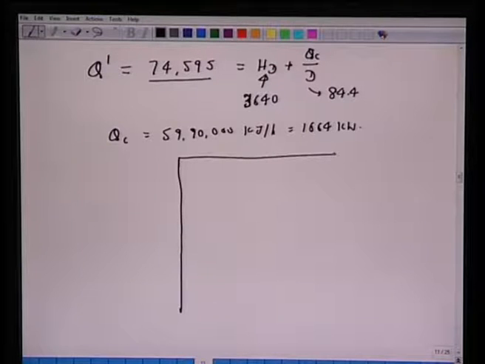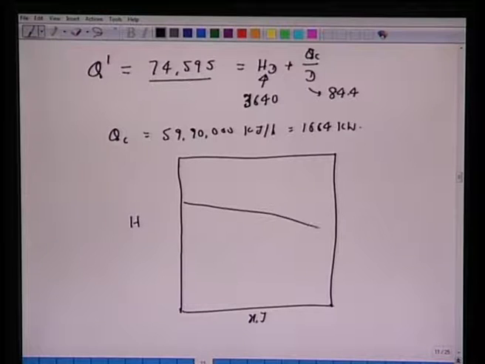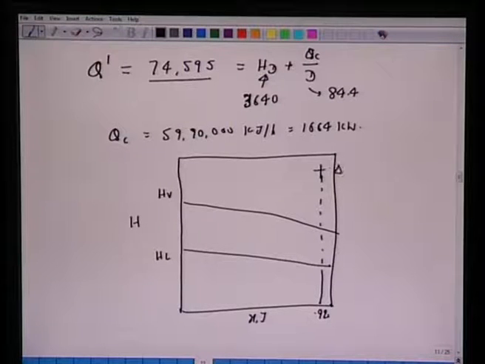So now let's come back to this HXY diagram again. Now we have to calculate the boiler load. So for that, again, one has to reconstruct or start from the same HXY diagram. We have this HV, HL. We know this point 0.92. We have marked this del D now. This is equivalent to Q dash. We had this Q dash min here, from which we calculated 1.5 times to obtain this number. Feed is here. So this is XF, and we have this feed HF.